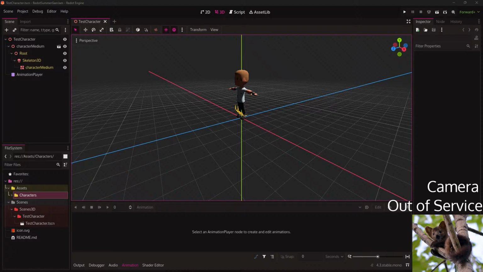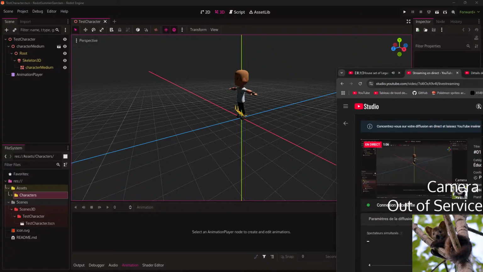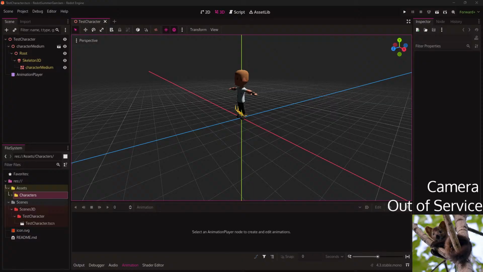So, yeah, there it is. Just gotta find a way. Put it here. Can you go on the left? No, it's not.